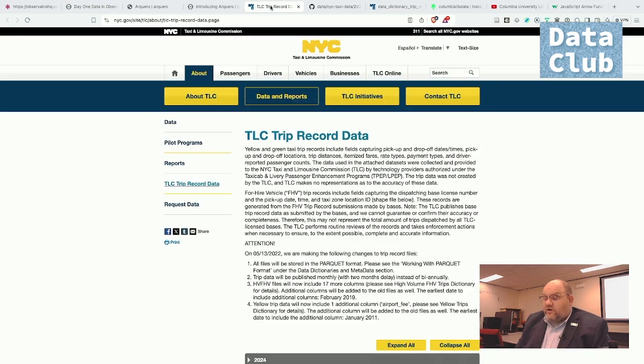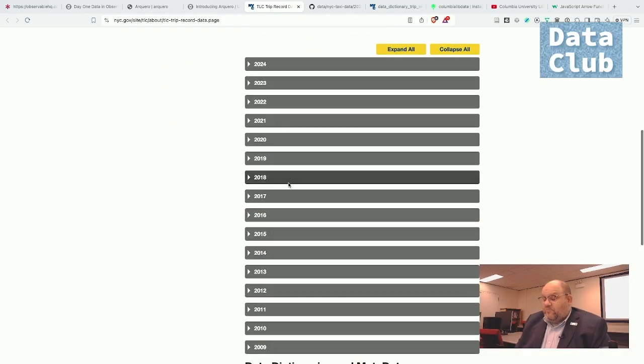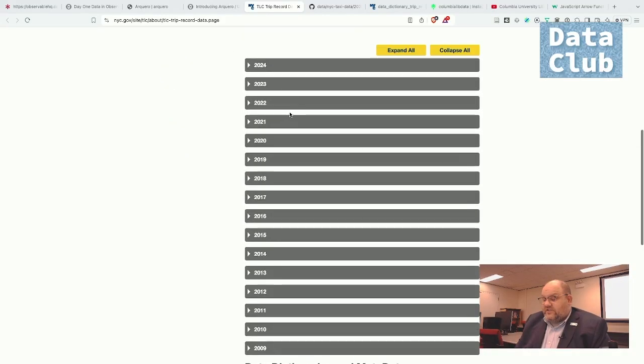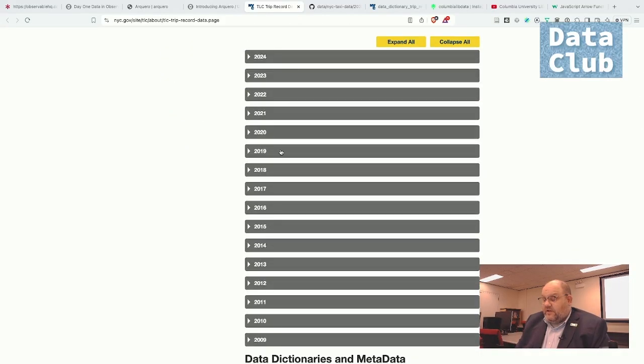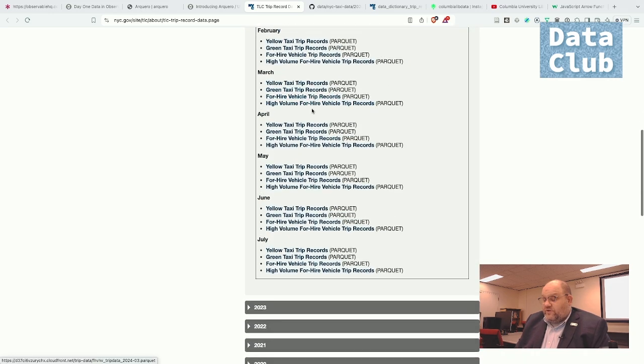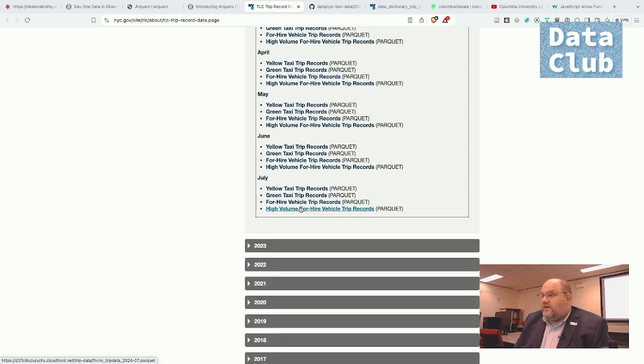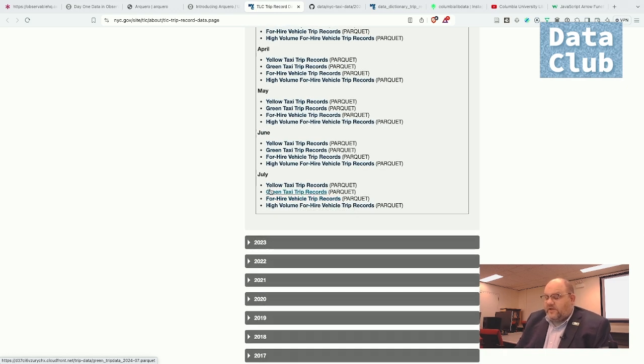The New York City Taxi and Limousine Commission puts all their data since 2009 up and available. And if you look at 2024, you'll see that they are all in Parquet file format. They used to be in CSV, I'm pretty sure, but I can't remember off the top of my head. But now they're all in Parquet format, so they're much smaller,